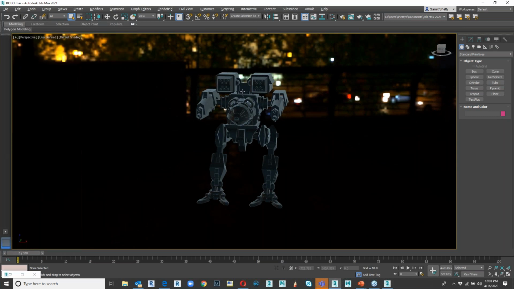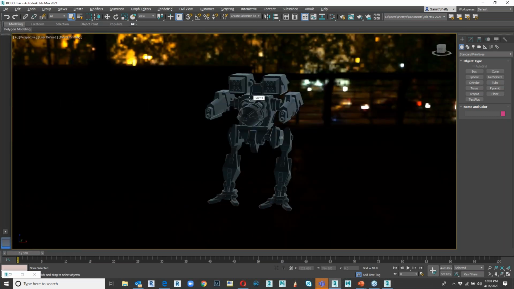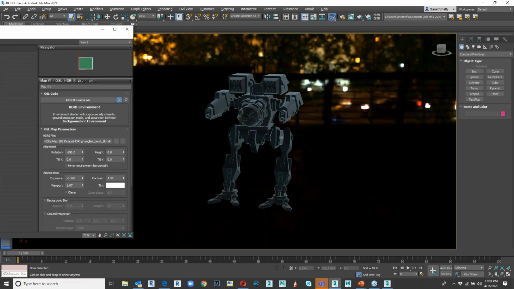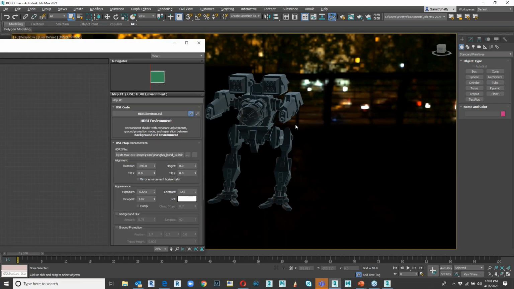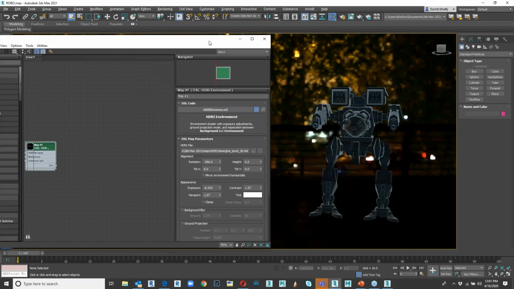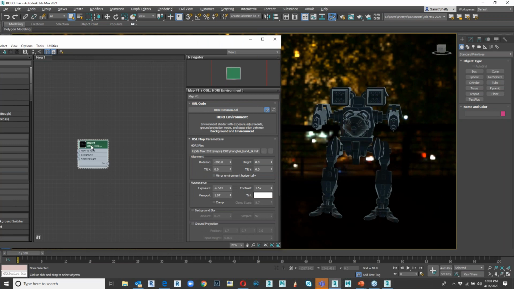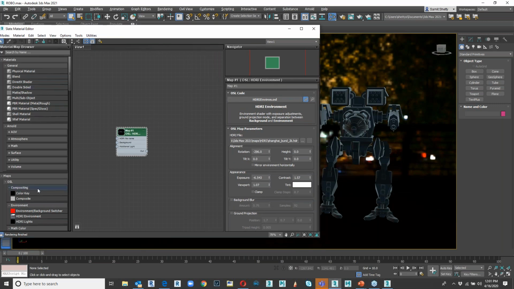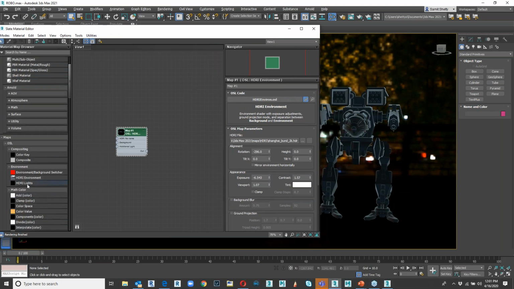Now this is going to be very interesting because assume that this is a studio environment and you want to have a specific light on the object. In many cases photographers have additional lights kept on the head or the side as a face light or highlights and so on. So here there is another tool called the HDRI light. You can see this. This is going to be an additional light